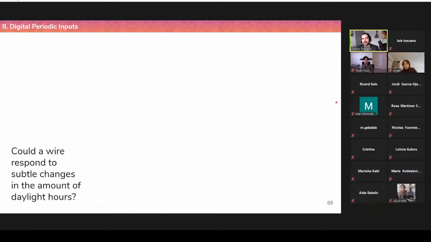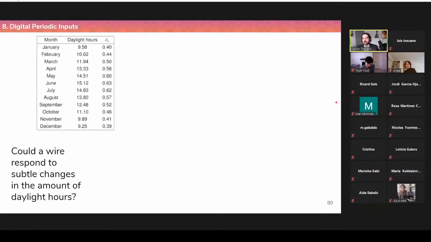Now it's time for a final divertimento, an illustrative example of what we could do with something that sounds so simple as a wire. Could, for instance, a wire respond to subtle changes in the amount of daylight hours? Well, this is the table that I showed you before, the amount of daylight hours in Barcelona per month